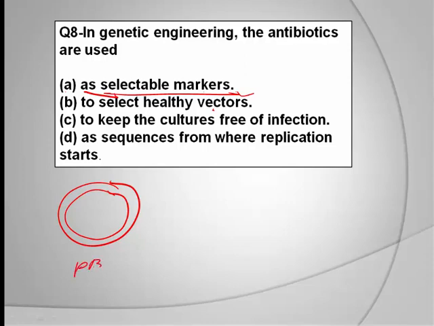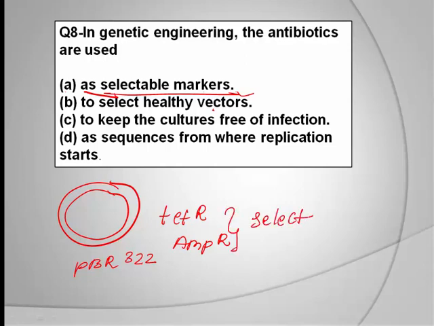Let us consider this as pBR322, which is given in the syllabus, and this pBR322 has a tetracycline resistance gene and an ampicillin resistance gene. So these two can be used as selectable markers. Both of them can be used as selectable markers because